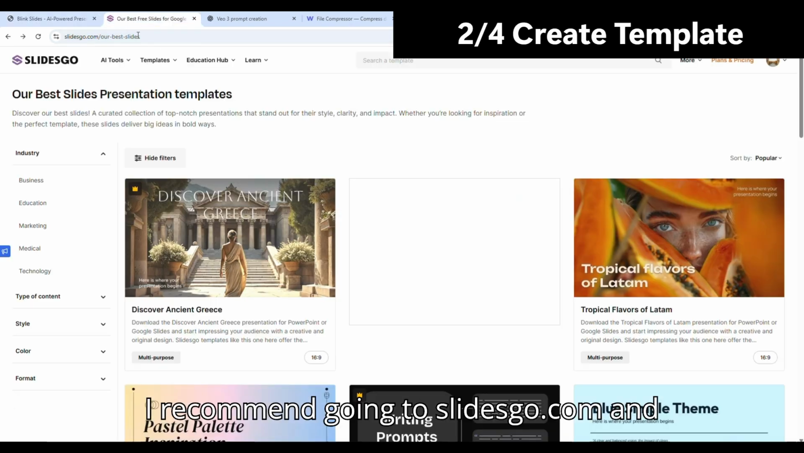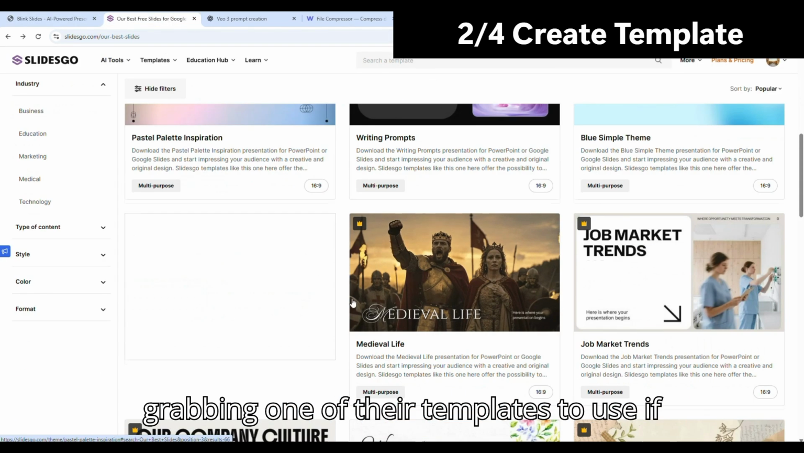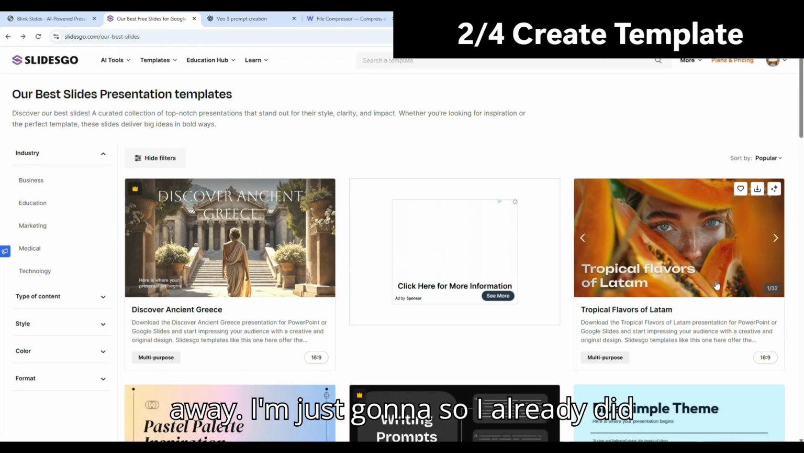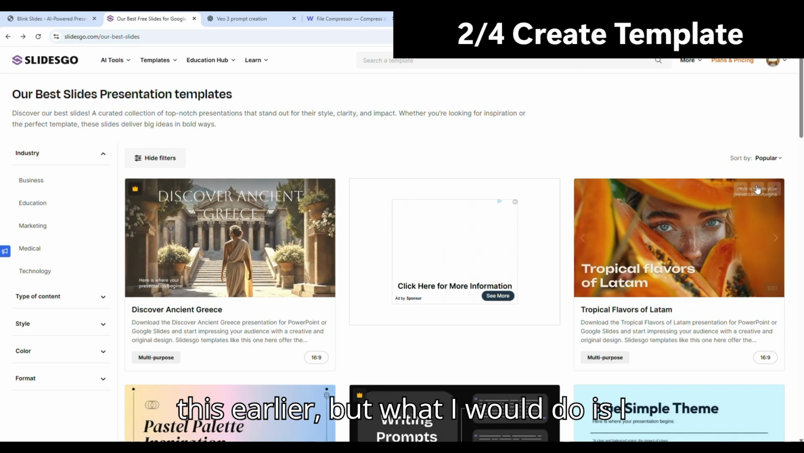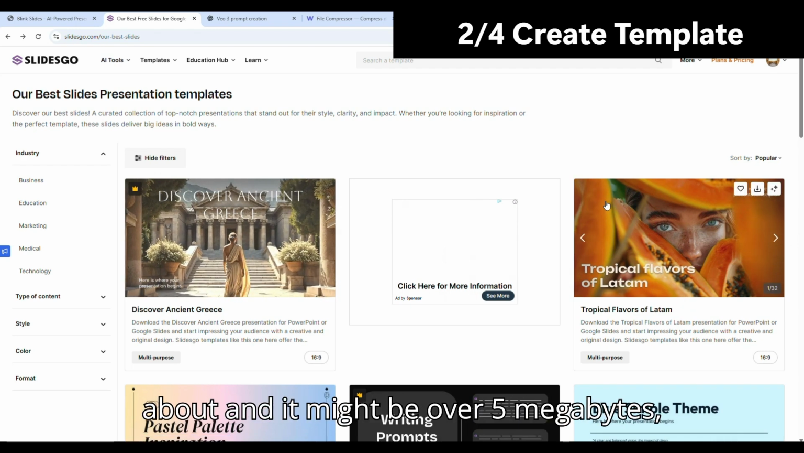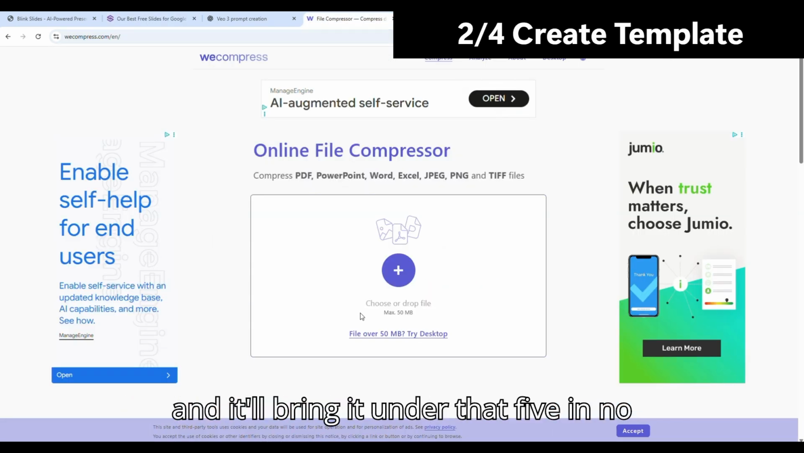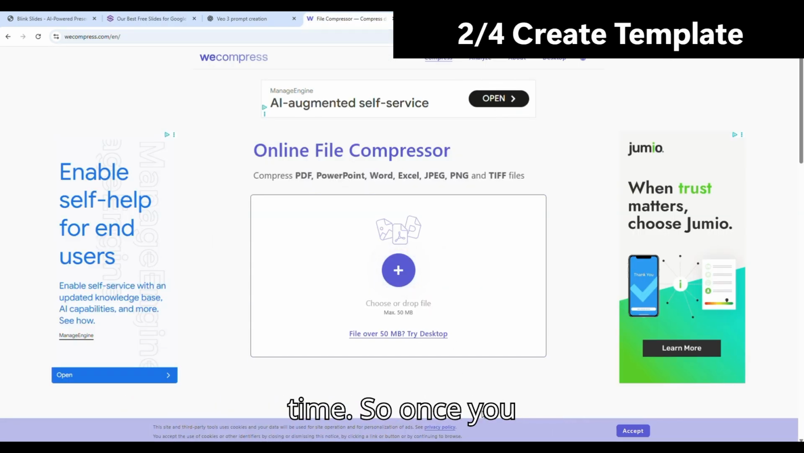So I recommend going to slidesgo.com and grabbing one of their templates to use if you don't have something you love right away. I already did this earlier, but what I would do is press download, and it might be over 5 megabytes, but no worries. Take it to WeCompress.com, and it'll bring it under that 5 in no time. So once you bring it back,